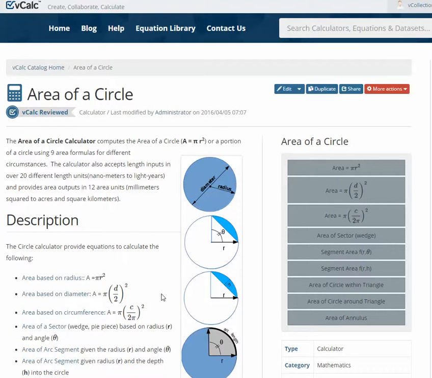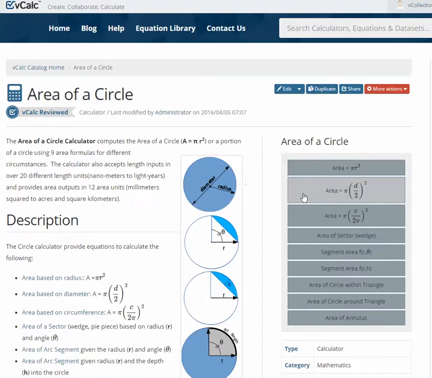The goal of this video is to help you calculate the area of a circle. The most classic and simple formula for calculating the area of a circle is simply pi r squared. So we are actually in the free website VCalc here that has the formulas pre-programmed for you in the area